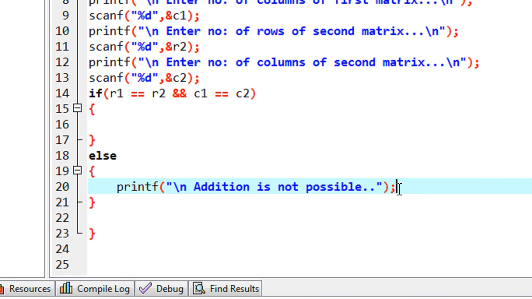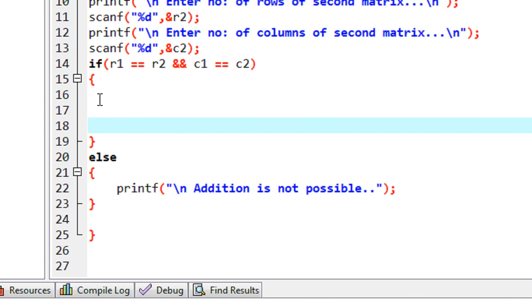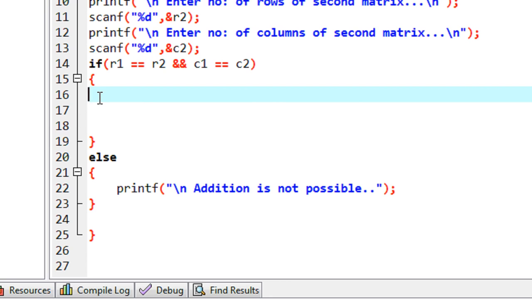Okay, so if the user enters two matrices of the same order, then we have to read the matrices. First we have to read the first matrix. For reading the two matrices, we need two-dimensional arrays. Also we have to save the result, so we need three two-dimensional arrays. First, here I am going to declare the first two-dimensional array: int m1 of order